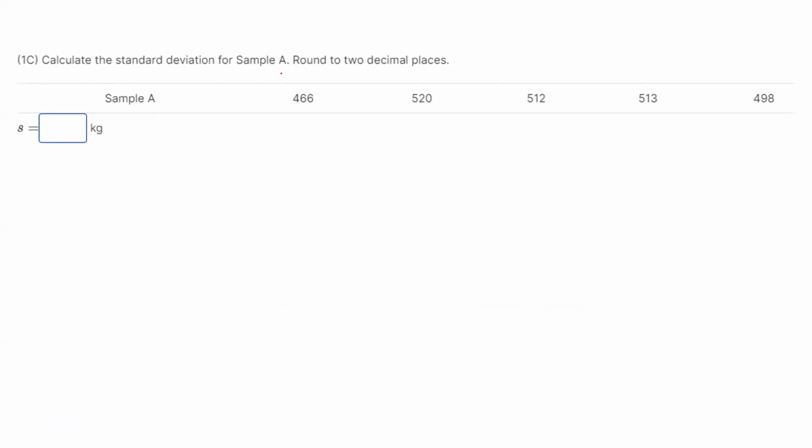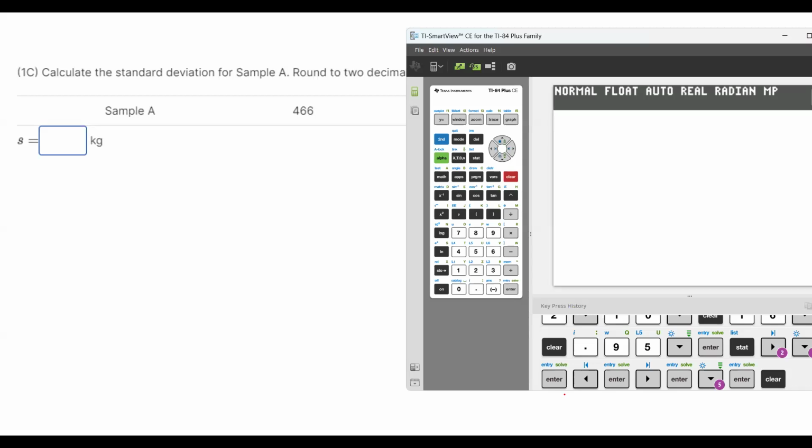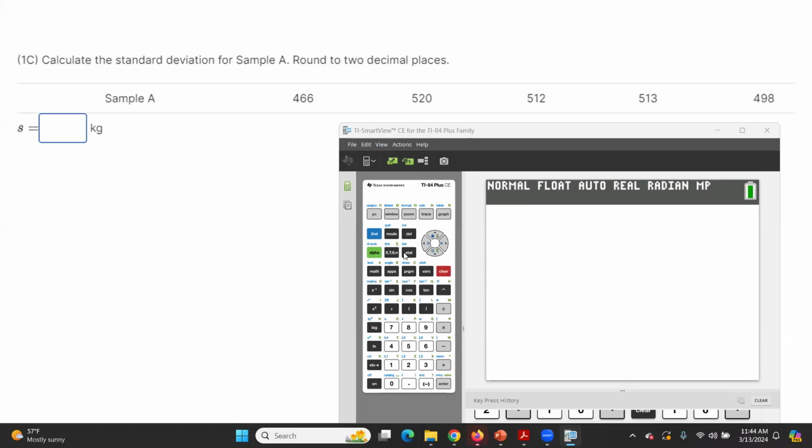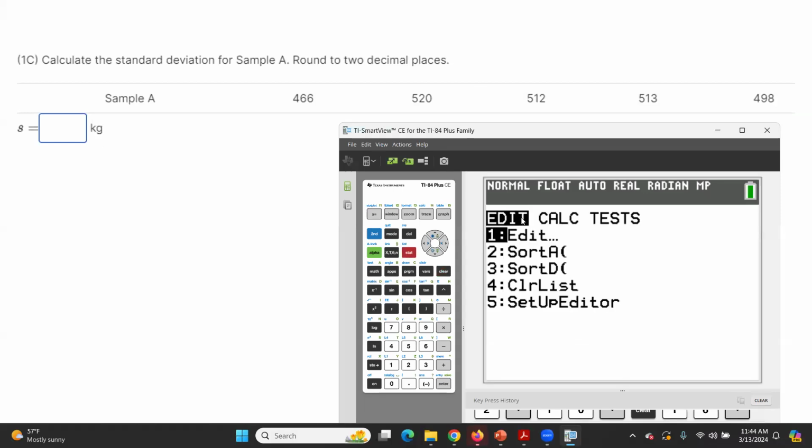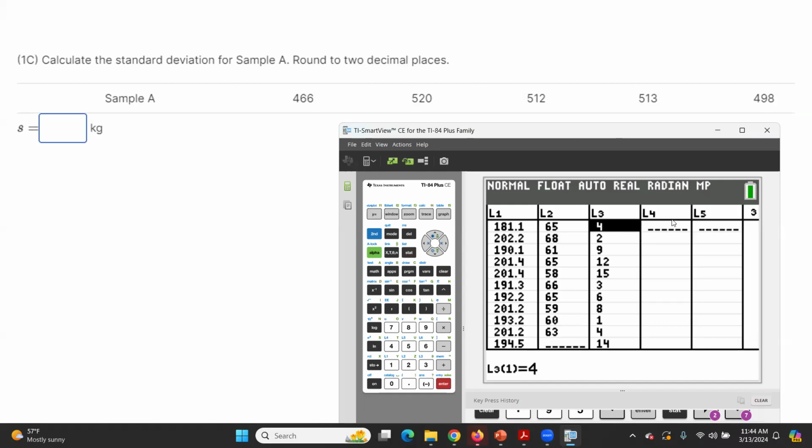Let's take a look at this data set. Calculate the standard deviation for sample A and round it to 2 decimal places. So let's take a look at our calculator, enter this information into our calculator and do the computation. Let me share the screen with you. So first of all, you can go to Stat and then Edit. You can enter everything in L4, for example. I already used L1, L2, L3. I'm going to enter everything in L4. So 466, 520, 512, 513, and